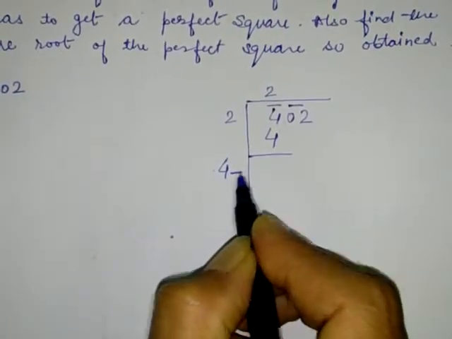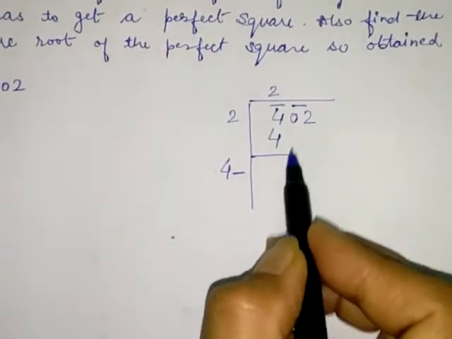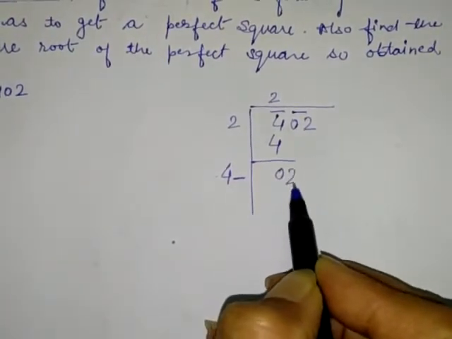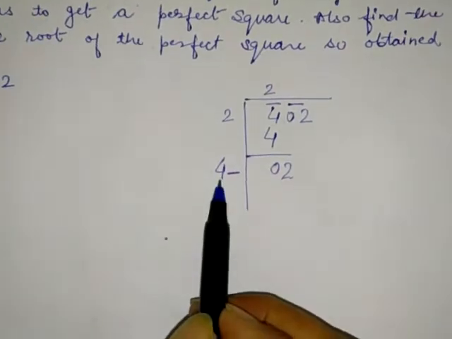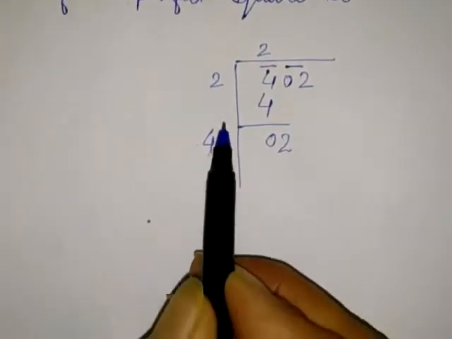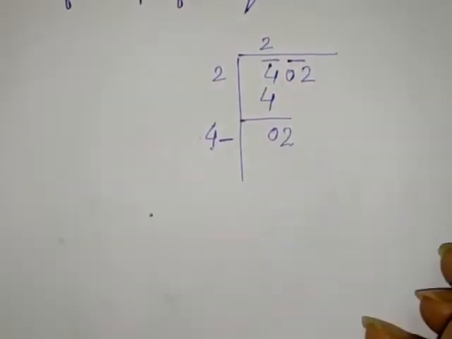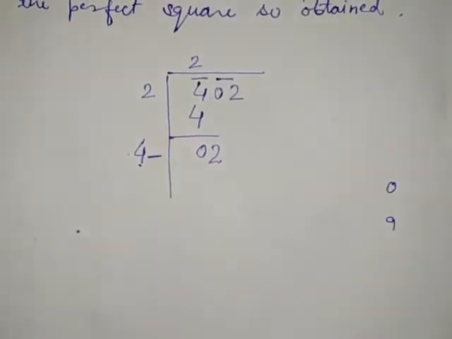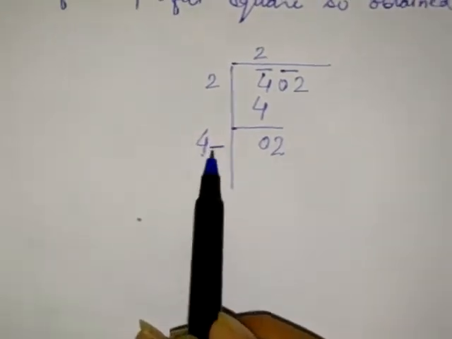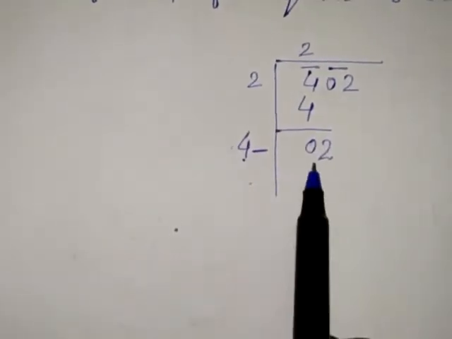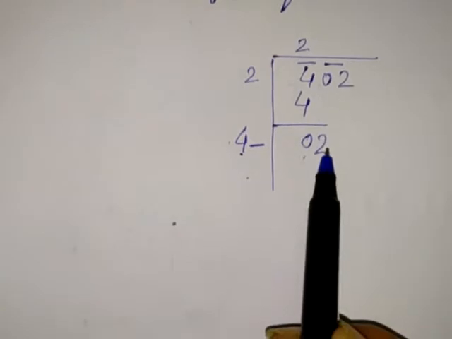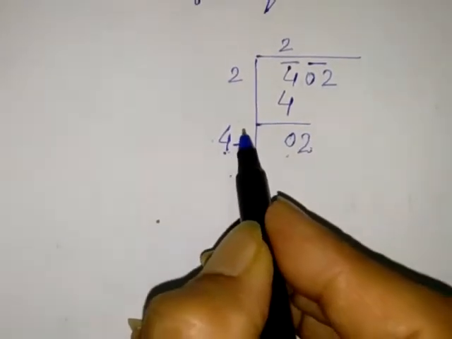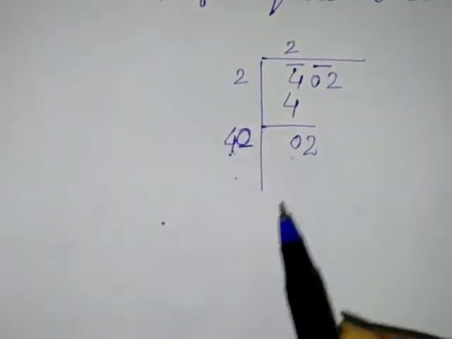Now you have to write one digit along with it. Before that, what is the next digit to be brought down, and the remainder? That's 0 2. Now you divide by 4? No, you don't have to divide by 4, you have to write one more digit here. The smallest digit that you can write is 0 and the greatest digit that you can write is 9. If you take 1, 41 into 1 will be 41. Now 41 is greater than 2, so you cannot go with 41. So what digit will you take here? Yes, absolutely correct. Whatever you are thinking, it's 0.